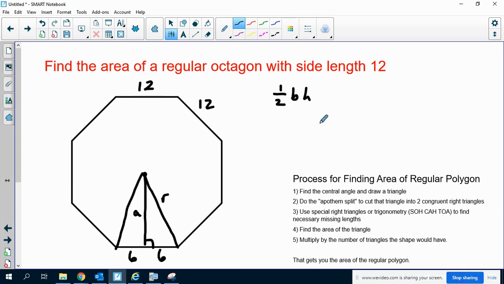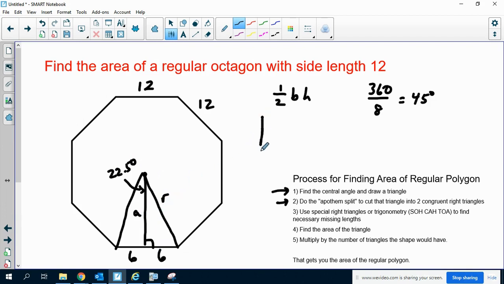And in order to do that, I'm going to need to find the central angle. So the central angle of this is going to be 360 divided by the number of sides. And the number of sides is 8. So 360 divided by 8 gives me 45 degrees. And then what I'm going to do is do the apothem split. So that cuts that in half. So each of these small angles is 22.5 degrees. So I'm going to find the